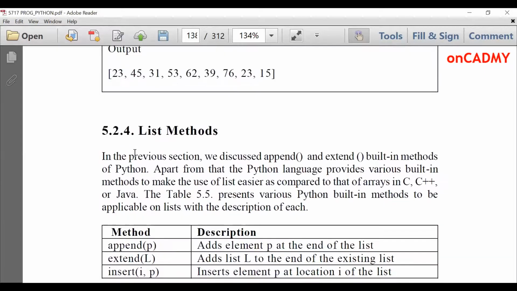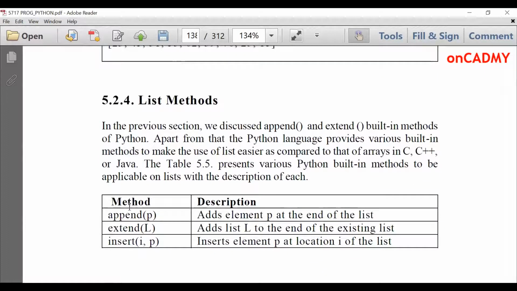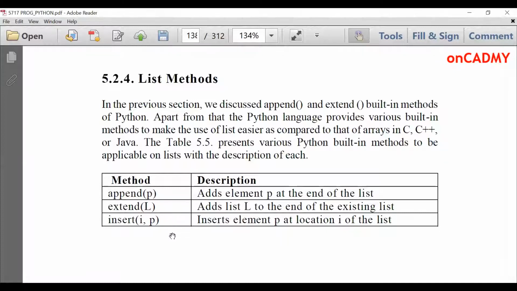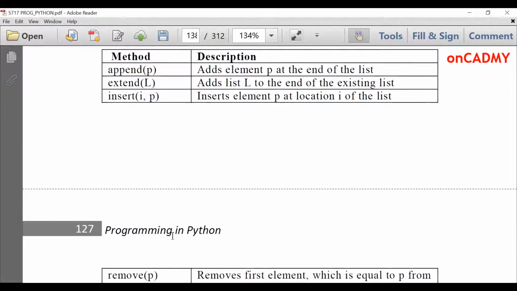Next are list methods. There are various methods associated with lists. Two of them we have already studied, append and extend. Append is used to add an element at the end of the list, and extend is used to add more than one element, that is again a list of elements, to the list. Insert i, p. If I want to insert an element at a particular location in the list, then I will use